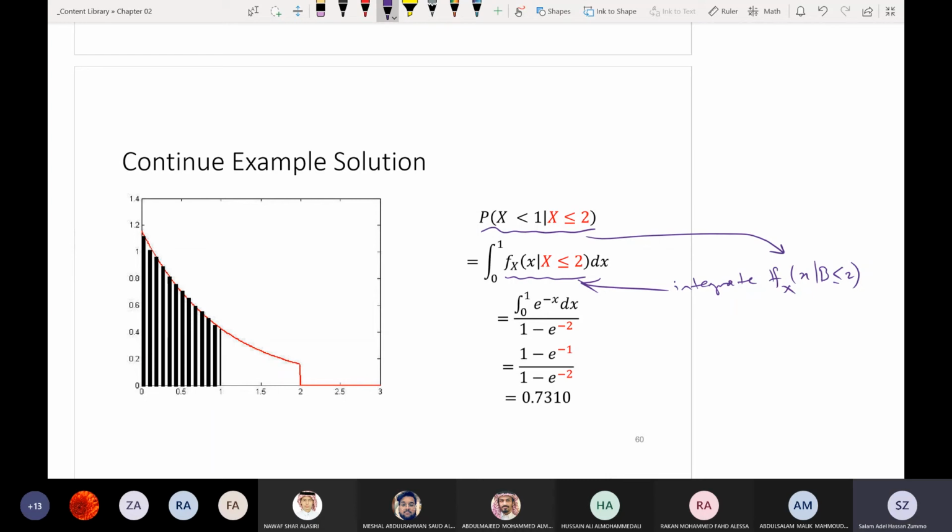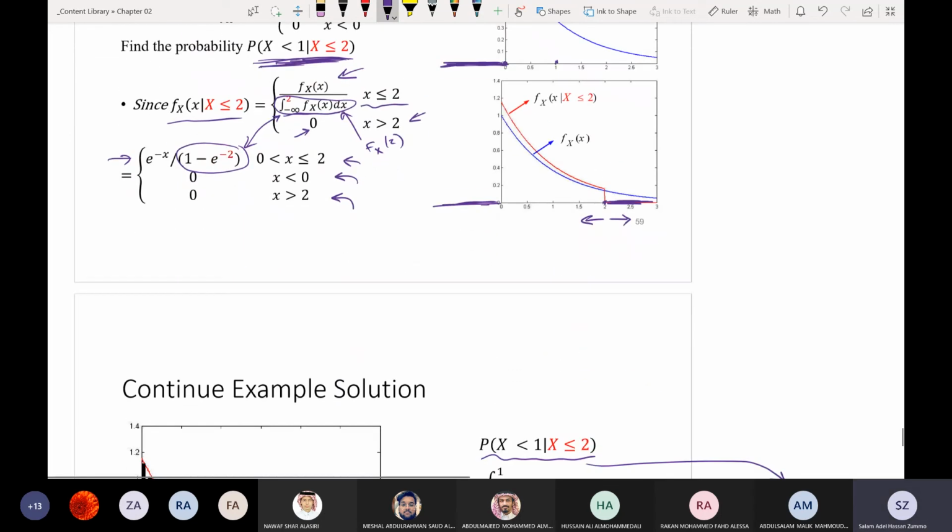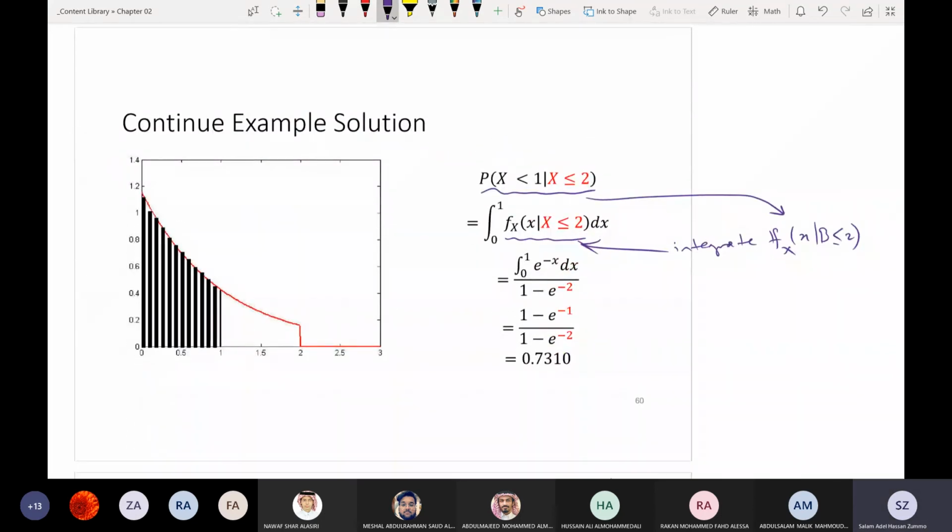Now integrating this conditional PDF from 0 to 1 is simply integrating e^(2-x). هذه هي conditional PDF لو تذكروا. It has only e^(2-x), الباقي constants. So from 0 to 1, it's the integral of e^(2-x) divided by this constant, which is 1 minus e^(-1) divided by 1 minus e^(-2), which is 0.731. So given x is less than 2, the probability that x is less than 1 is 0.73. واضح؟